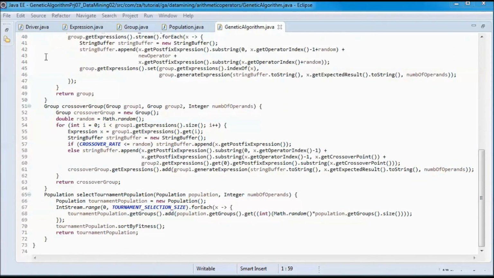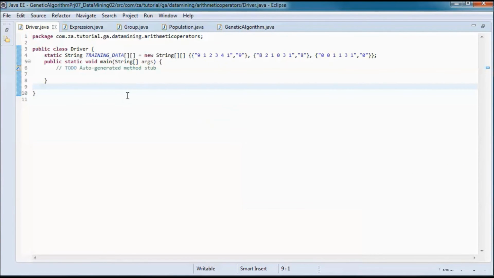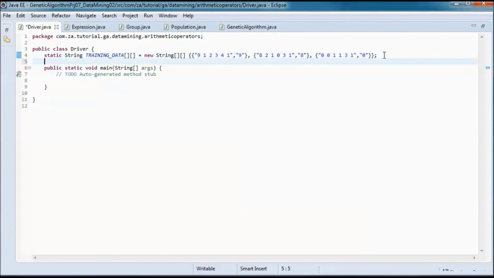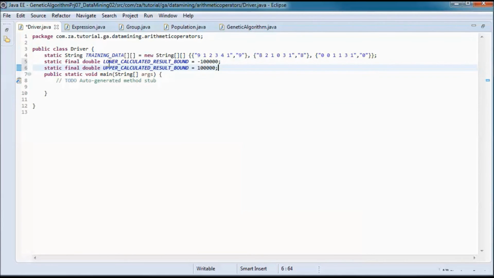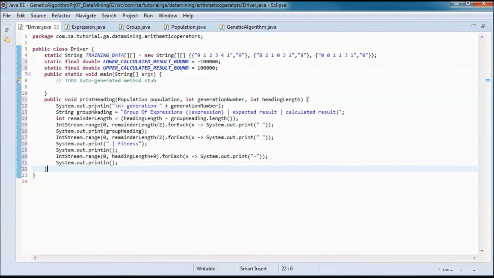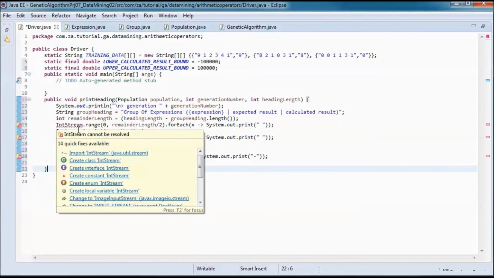Next, let's go to the driver class, and let's define a lower calculated result bound and an upper calculated result bound. And we will have this method that prints the heading for each generation.